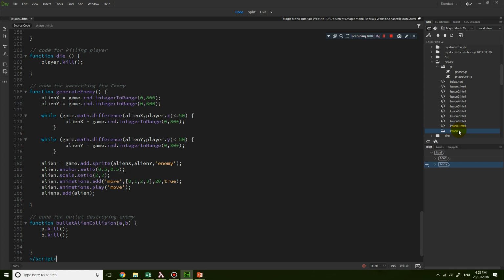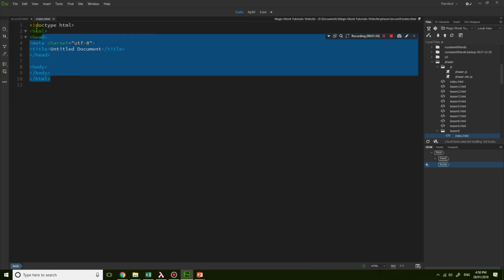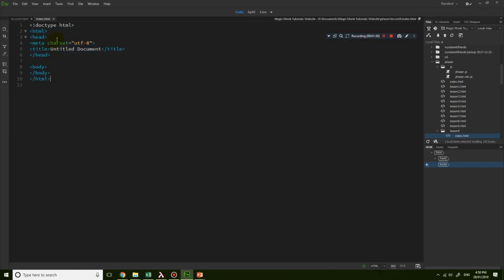And then within lesson 9, I'm going to create a file called index.html. Okay, so this is now going to be the start of our game. I'm going to have all the usual HTML head, all that stuff. But I'm now going to put inside the head section